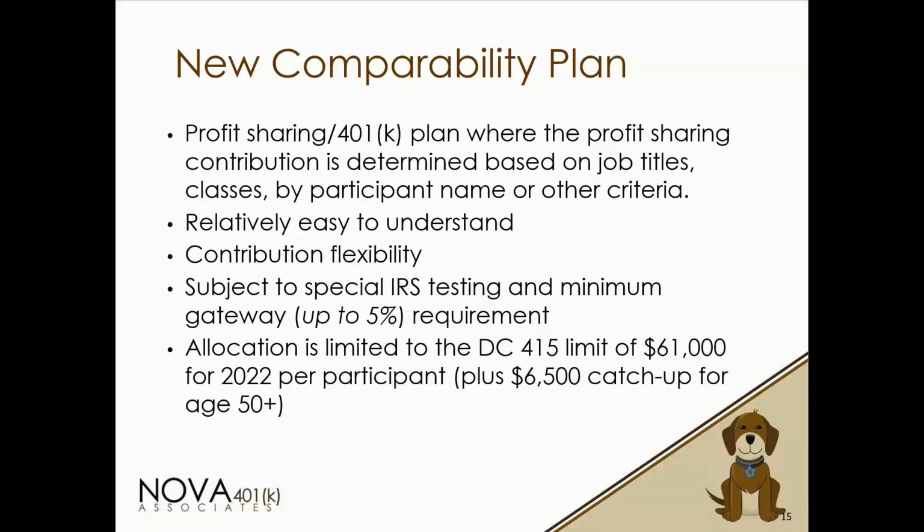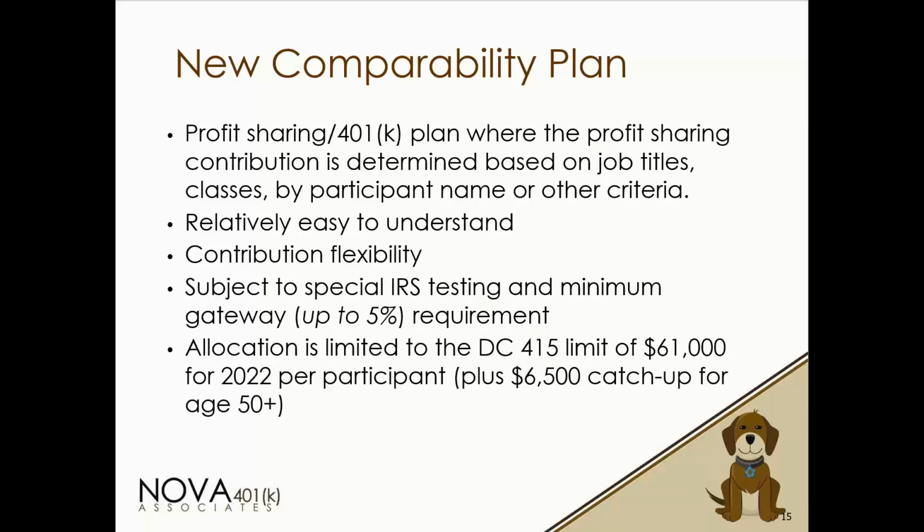So now let's take it one step further. We're moving up that food chain, the complexity food chain. So we have a new comparability plan, which is slightly more complex than the safe harbor, and really the only additional complexity is we're now grouping people. We are putting people in various groups, and you can group them any way you want. You can group them by job title, you can group them by classes,